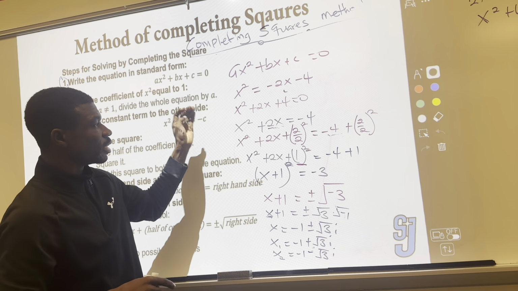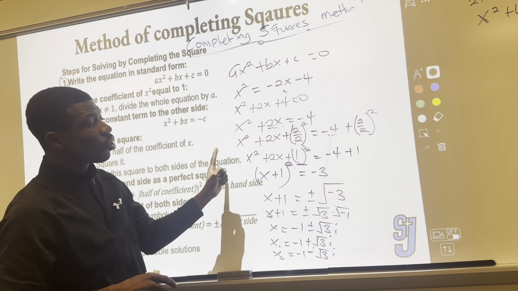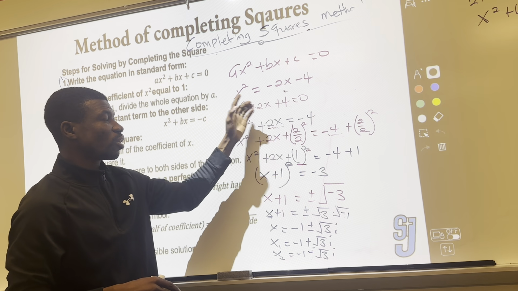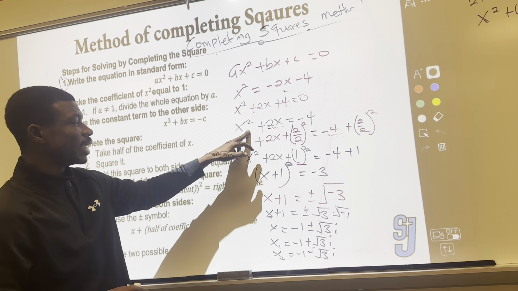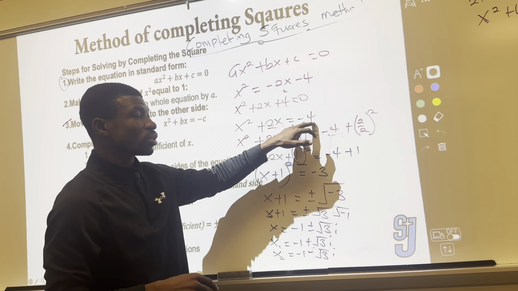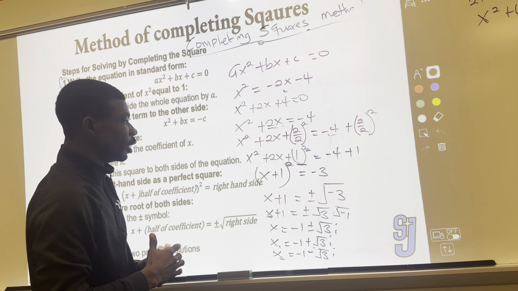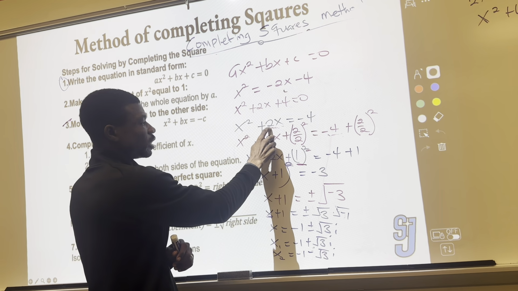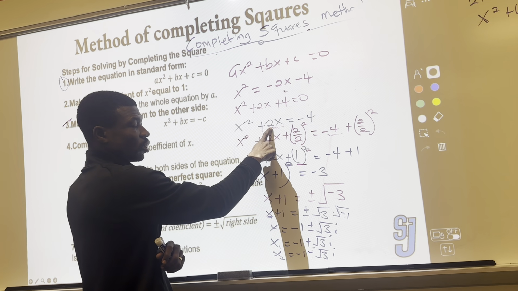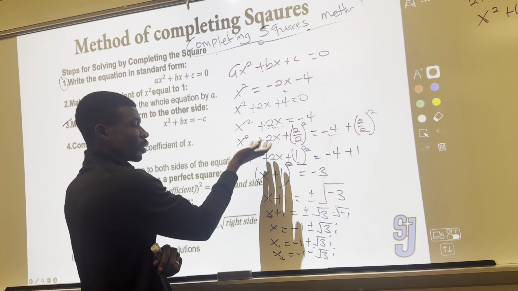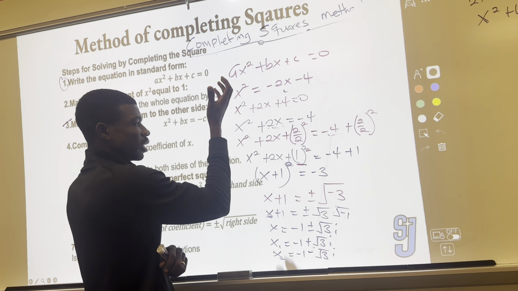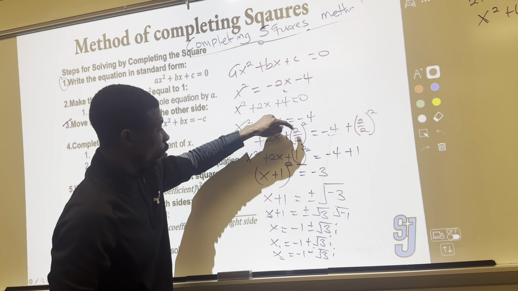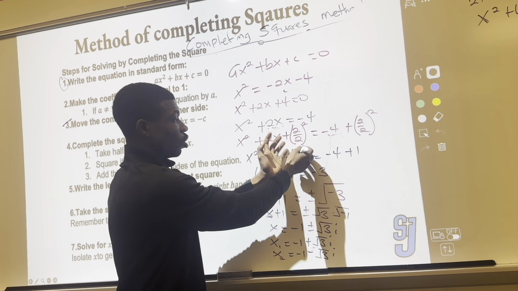Now the next step says that I try to move the constant to the other side of the equation. So by moving, I subtract 4 from both sides of the equation, and I had x squared plus 2x equals -4. Now the fourth step says that I consider the coefficient of x, which is 2 in this equation. Now add half of this, squared, to the other side of the equation. So it's 2 over 2 squared,